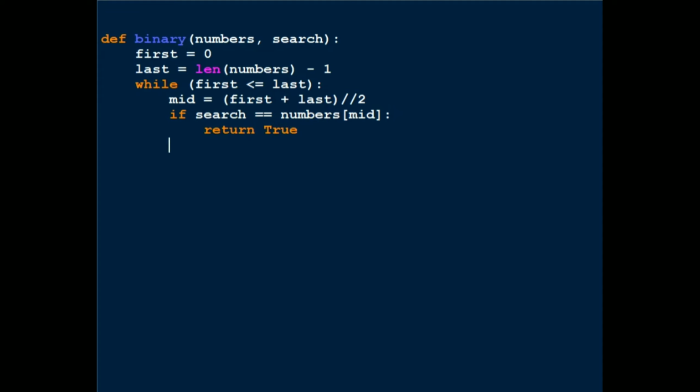Then I can do an else statement. So now the only two cases are if the search number is bigger than or smaller than the middle number. So I'll just do: if search is bigger than numbers[mid], then what should we do? If it is bigger than numbers[mid], we'll be moving towards the right, and if we are moving towards the right, the last index will remain the same, right? And only the first index will change. So the first index will change to mid plus 1.